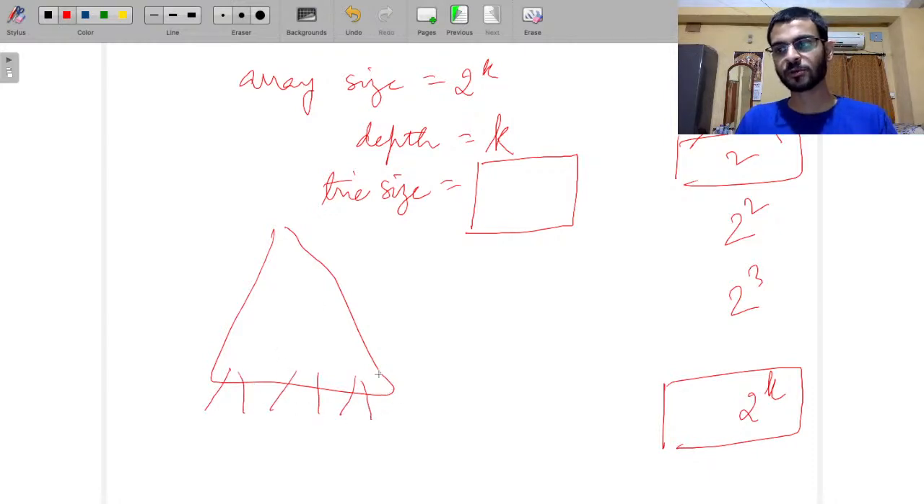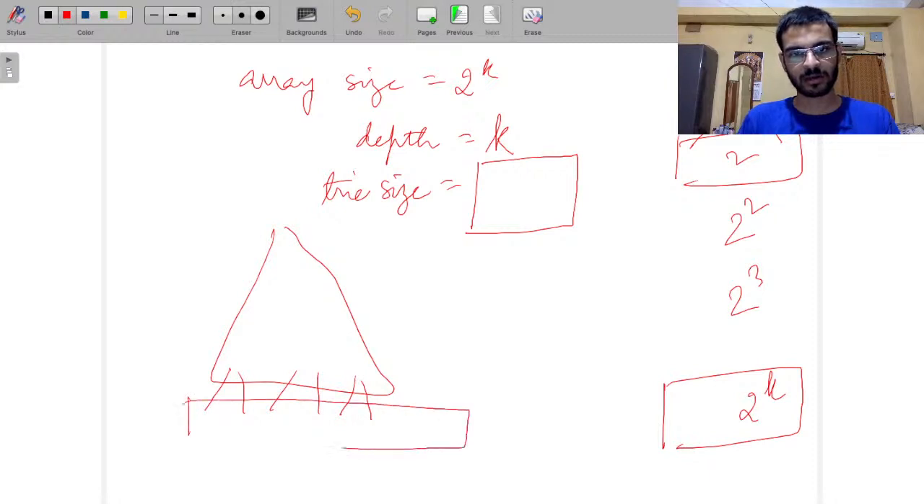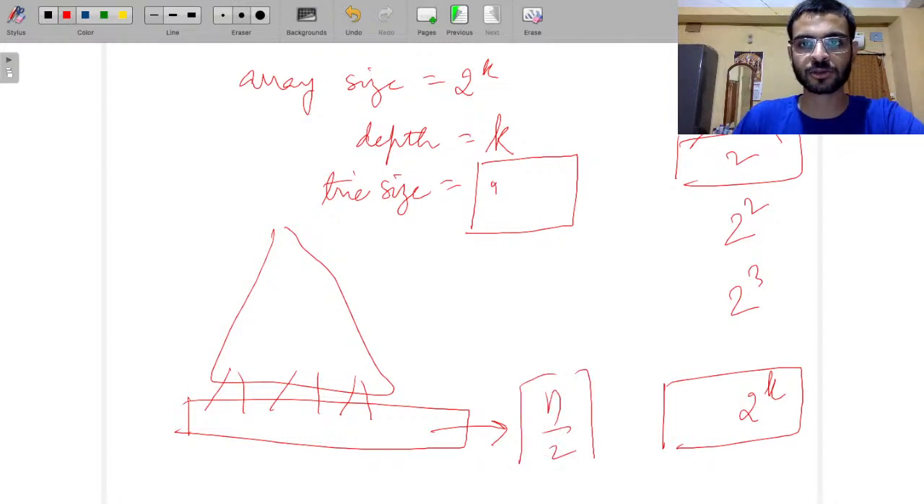So the total number of nodes equals twice the number of external nodes, twice the number of leaf nodes, minus 1. So leaf nodes are basically the upper rounded value of half of the total number of nodes. This is basically n by 2. So what we can say, this is basically 2 to the power k plus 1 minus 1,